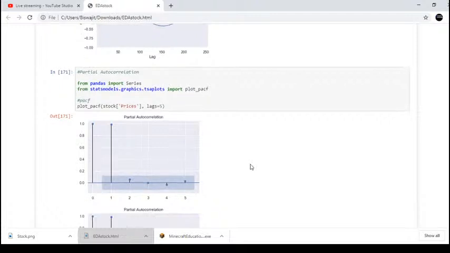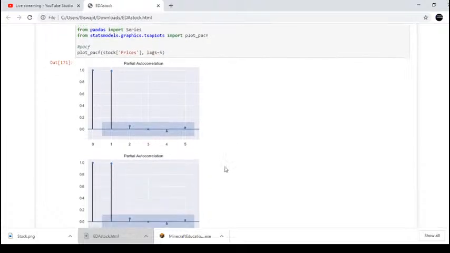You have a confidence level here, the dotted line, and you see to what extent you have the pattern. It seems that it has a relationship only with the first one, and here we have used a lag of 5. You can change that also and see what's the optimal order of the MA part, and then the order of P, Q, and I. I is basically your integration, P is the order of the AR part, and Q is the order of the MA part. You can find that out also by looking at the AIC values